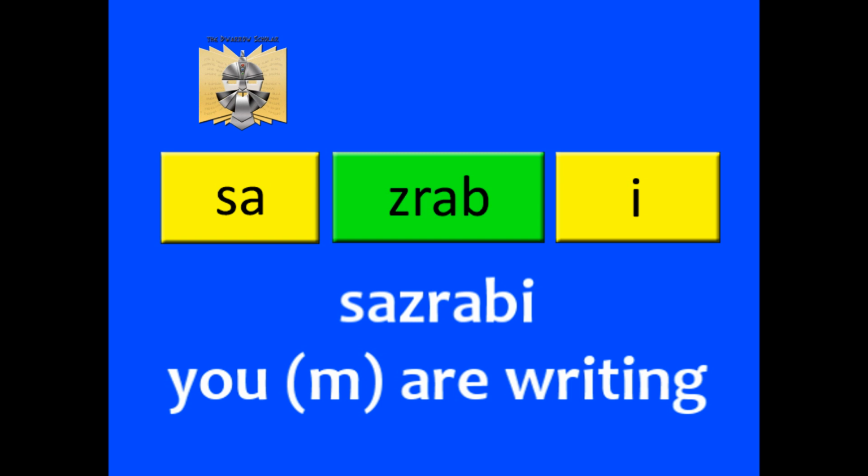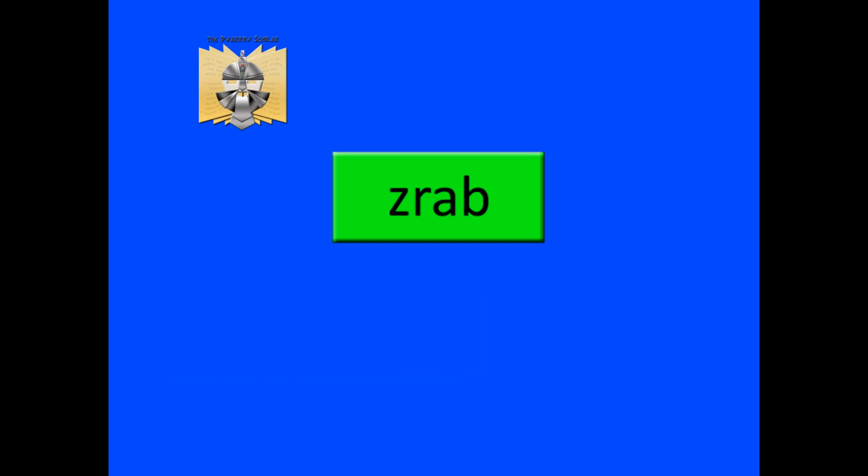So in this case, we get sazrabi, meaning you are writing, and you the male form. Let's say instead of Dwalin, we have Dis, sister of Thorin and mother to Fili and Kili, writing a letter. In this case, we would be using the female version of you. As I said, seeing that we are still using the second person form you, we will keep the prefix sa. So sa is always used for second persons. Doesn't matter if it's singular or plural second person.